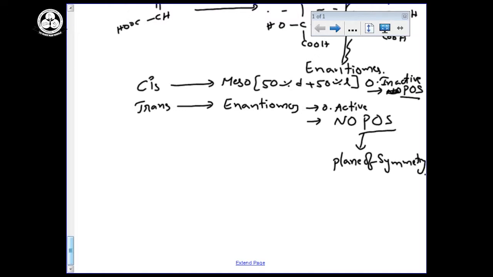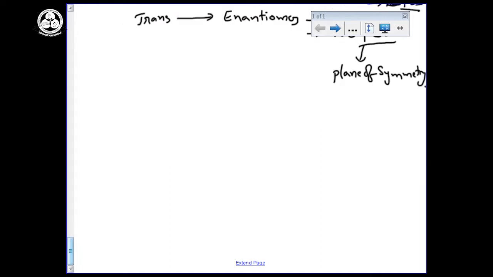No plane of symmetry. This is the discussion about being careful on oxidation of alkenes by using the Baeyer reagent. We can get the diols, but the cis form can give the meso compounds, and the trans form can give the enantiomers. Now the second part, the remaining part, that is hot concentrated KMnO4, or you are taking the K2Cr2O7.